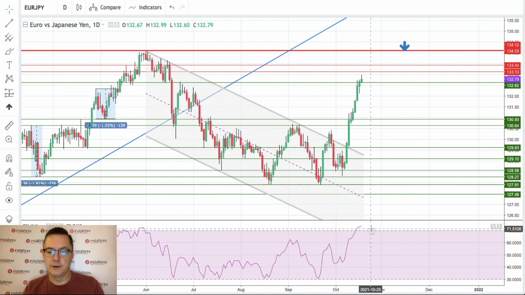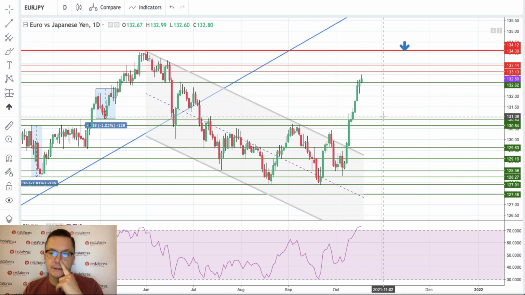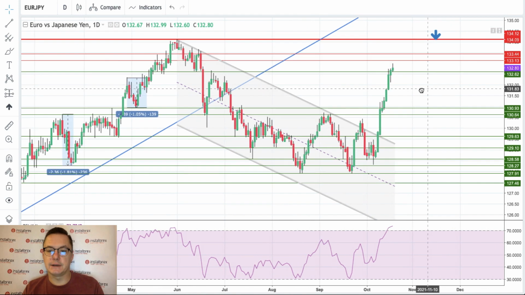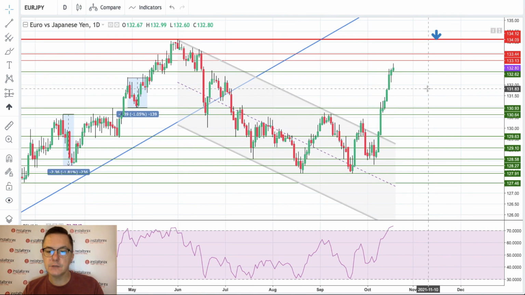Of course, right now the market conditions are extremely overbought, but the momentum is still strong. It's very strong, 73 points. So please consider the fact that we might see some kind of a correction or a pullback because of the overbought market conditions on the euro to the Japanese yen. Moreover, this move to the upside looks like an impulsive one, so we might consider this wave here to